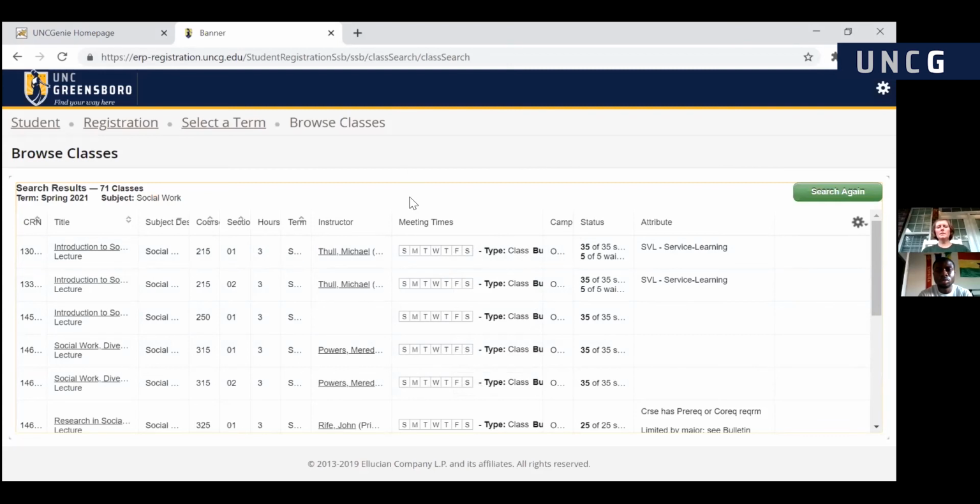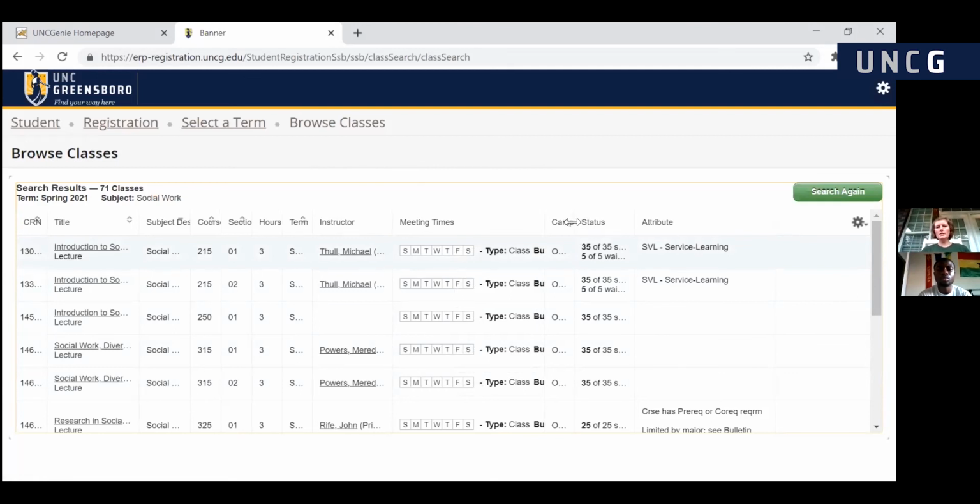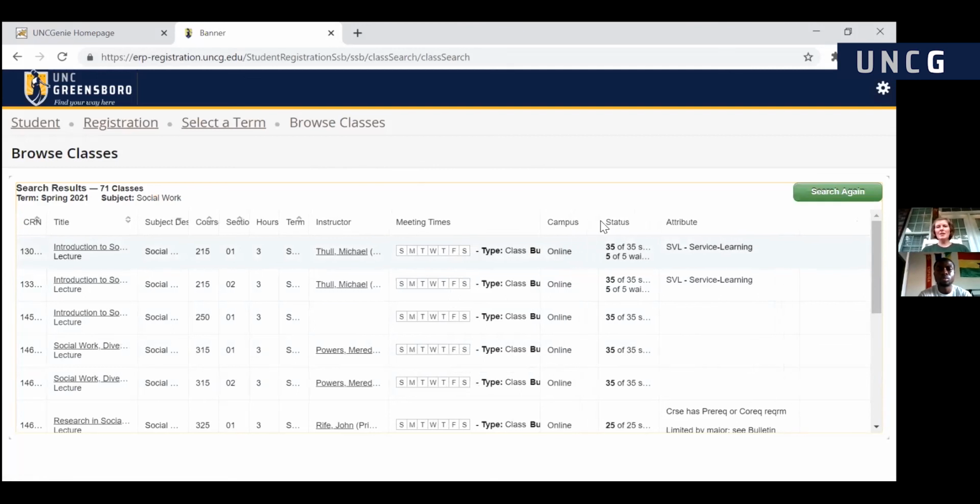And while this is a view only screen, do note that this is just view only. So I think there's still a few departments that are making some adjustments, trying to clean this up. Once that view only tab comes off of that descriptor, then everything should be updated and ready to go. But in this view, I wanted to draw your attention to how you can expand on these columns.